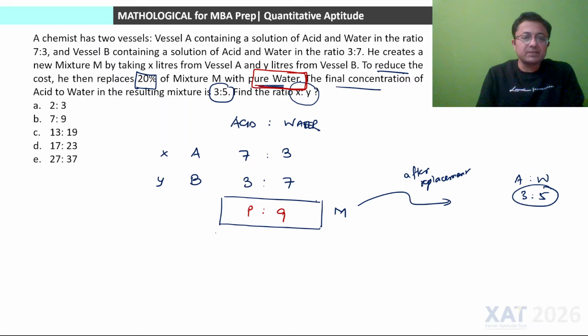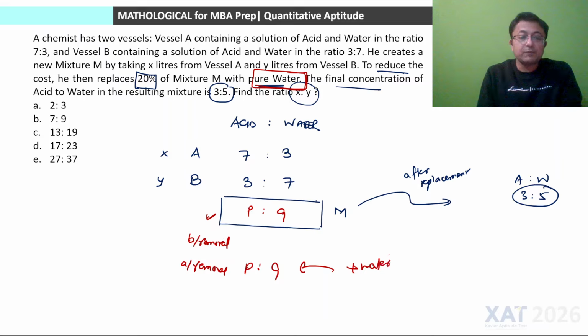सो P to Q बिफोर रिप्लेसमेंट होगा। आफ्टर रिप्लेसमेंट क्या होगा, जैसे ही तुम रिमूवल करोगे, अगर बिफोर रिमूवल देखेंगे तो बिफोर रिमूवल P to Q रेशियो है इनिशियली मिक्स करने के बाद में। आफ्टर रिमूवल विल ऑल्सो बी P to Q ओनली, जब तक रिप्लेस नहीं करोगे, यानी कि ऐड नहीं करोगे वाटर। अब एडिशनली वी एडेड प्योर वाटर, इफ यू हैव एडेड प्योर वाटर तो रिमूवल के बाद में वाटर का क्वांटिटी तो चेंज हुआ, बट एसिड का क्वांटिटी क्या है, सेम रहा, इजंट इट सो। तो हम कैलकुलेशन अपनी किस